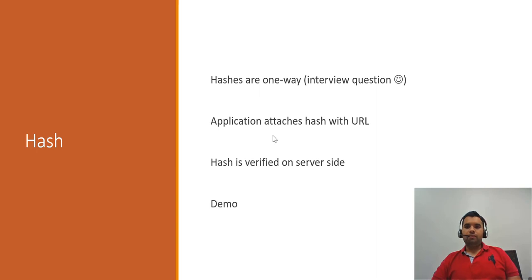This is a very generic interview question that people would generally ask if you're going for any security position. So that's the main difference between encryption and hashing: with encryption you can decrypt, and with hashing you cannot. Now, how the developer usually does that is they generally have a redirect URL where they